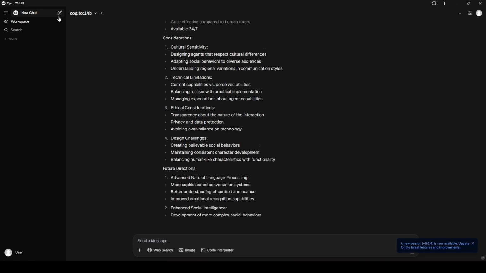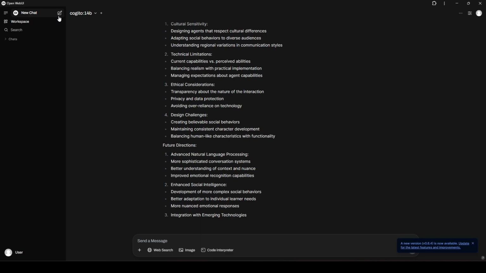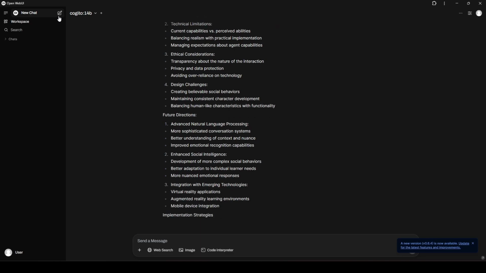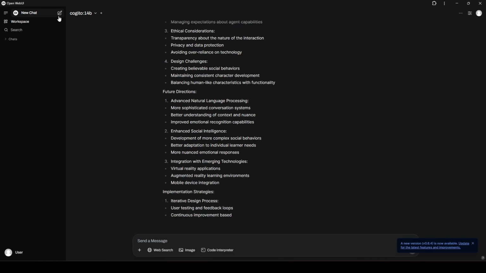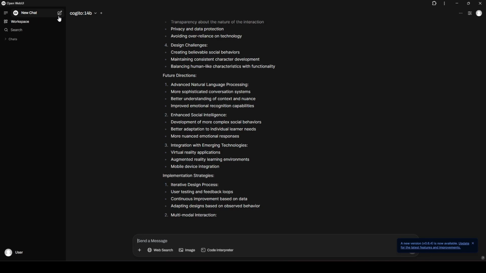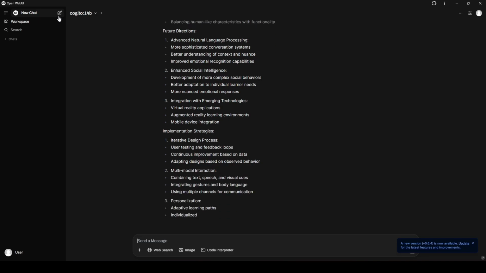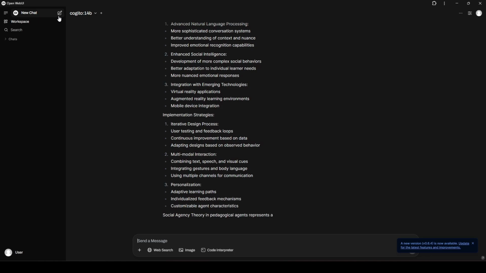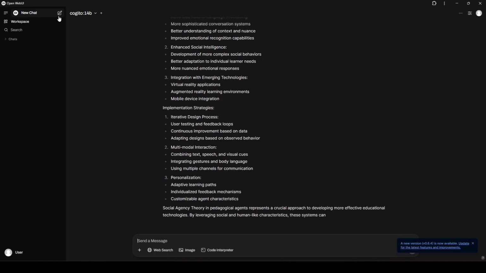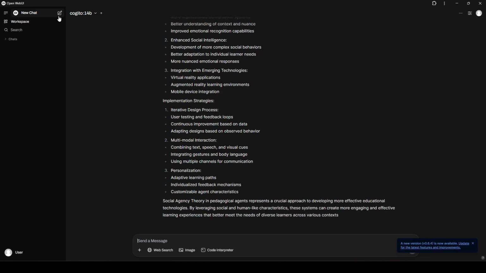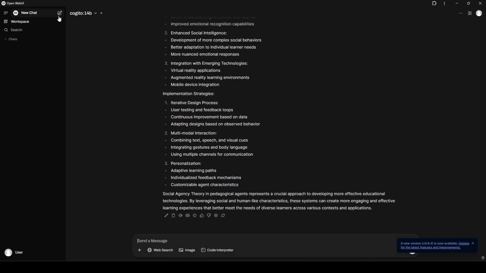Oh boy, it's really talkative, huh? This is why I don't like reasoning models, by the way. So it's not doing reasoning right now, but this is why I don't use the reasoning models typically, because they just talk and talk and talk. It's like me, right? Oh my gosh, I'm just now realizing this. It was like if I was a machine, I would talk this much. So maybe that's why I don't really like the reasoning models. But this is just in its standard mode. It gave us a very, very detailed answer.